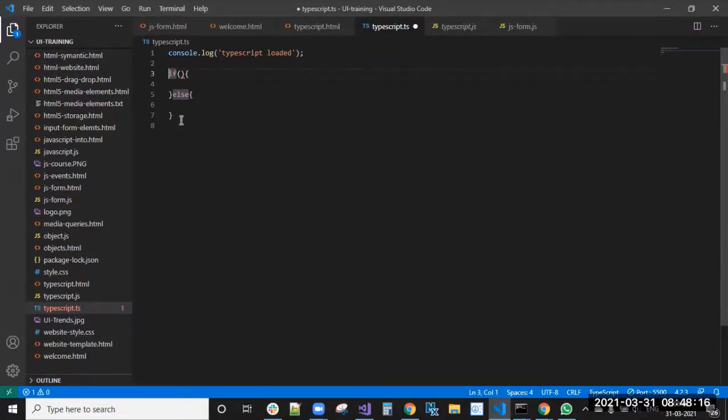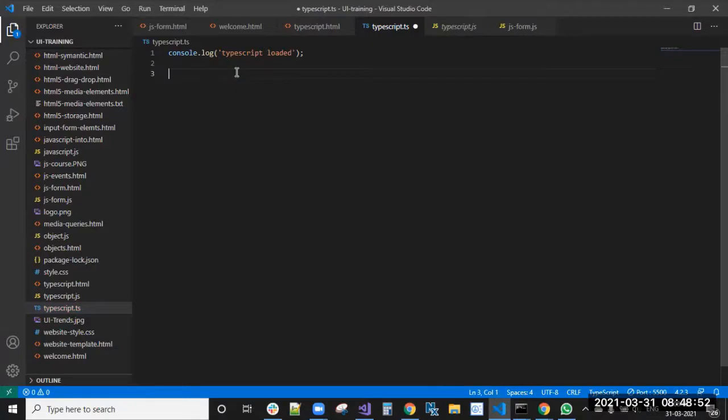Because of that, we use two keywords: let and const. We have seen the difference already. When you declare a variable and want to change its value in future, you can use the let keyword. If you declare a variable with const, the assigned value is fixed. You can't change that value in any next steps. In those cases you can use const. That is the difference between let and const.